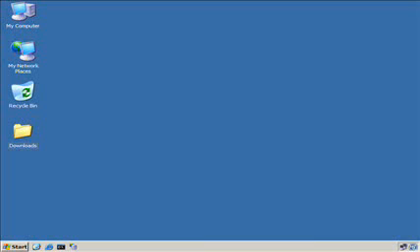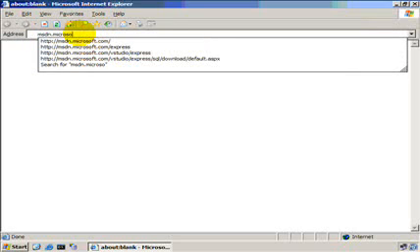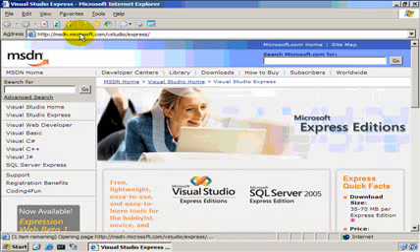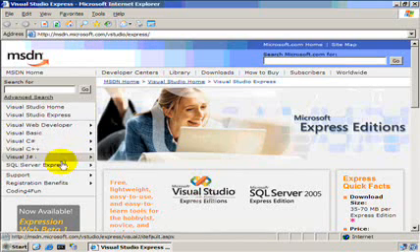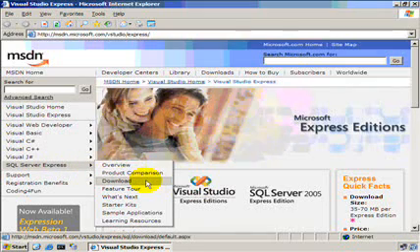So first I'm going to demonstrate the steps required to set up reporting services, and the key is downloading and installing the correct packages from the Express Edition website. So let's do this. Let's go to Internet Explorer and navigate to msdn.microsoft.com/express, and that'll transfer us to the Express Edition homepage. On the left-hand side, we'll hover over SQL Server Express, and in the pull-down menu, we'll go to the download